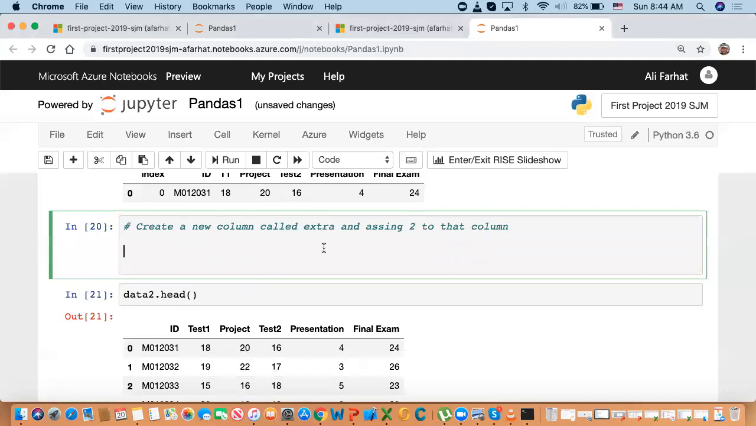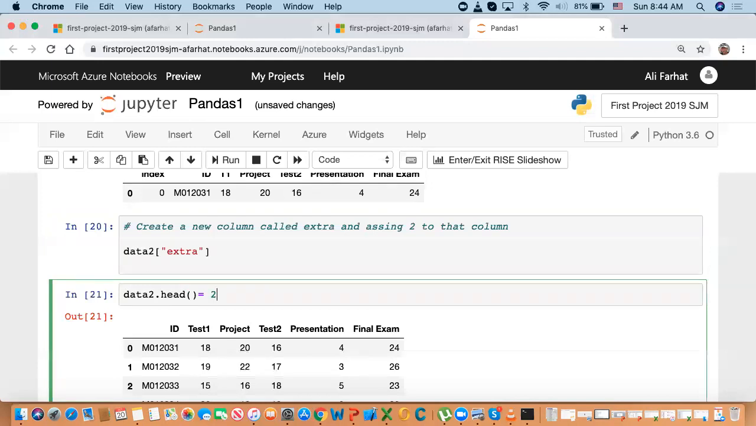How do we do that? First of all, we don't have a column called extra. So all you have to do is put test data 2 and the new column name that you want. For example, we called it extra. I'm going to say extra like this, and then assign 2 to it. So if I say equal to, like that,